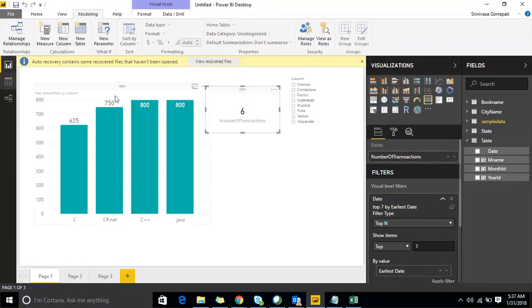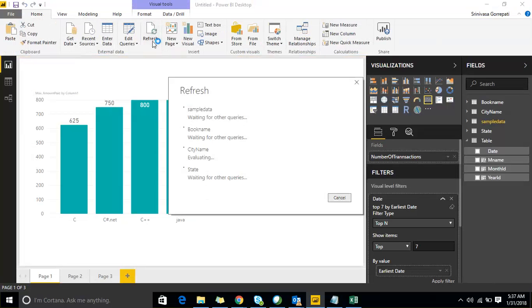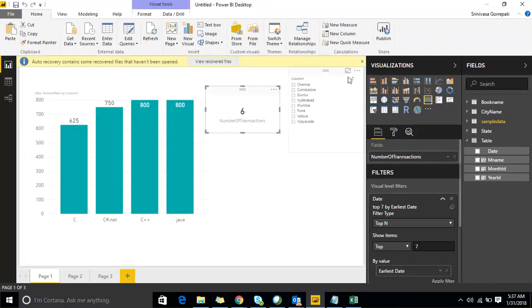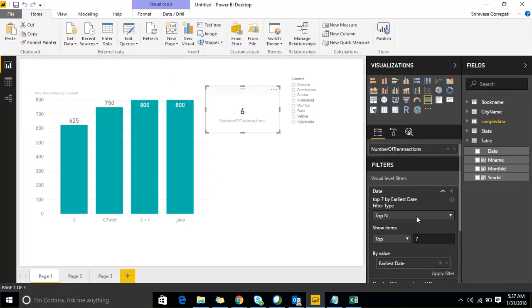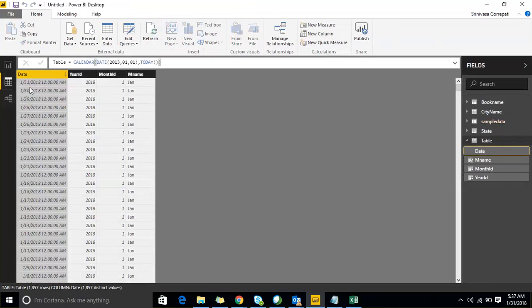Now go to the report. It is showcasing last 7 days. You have 6 transactions there. In the last 7 days you need to get 7 transactions, right? What was the issue over here? So 1 2 3 4 5 6 7,